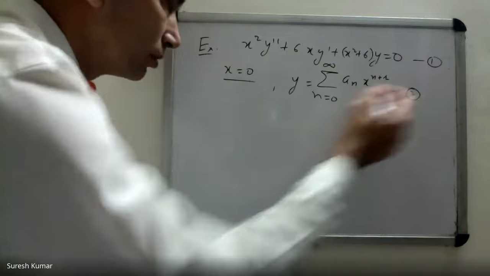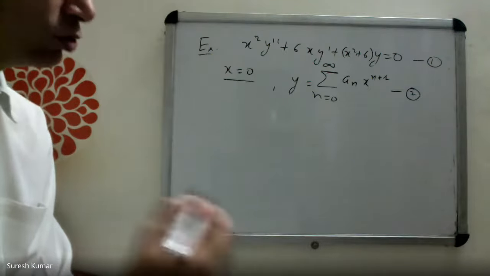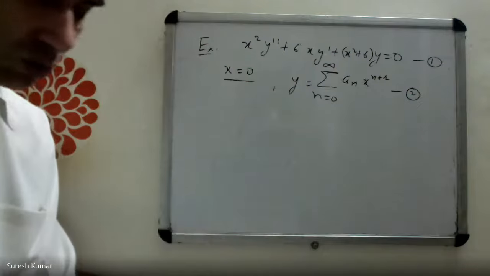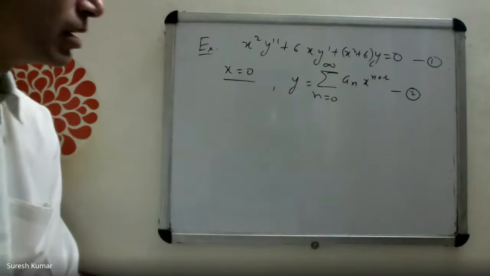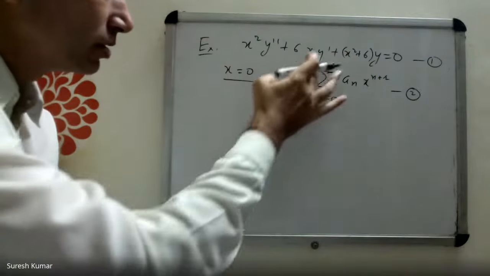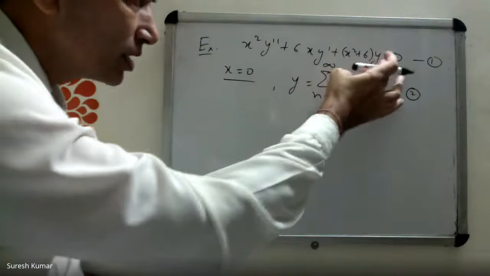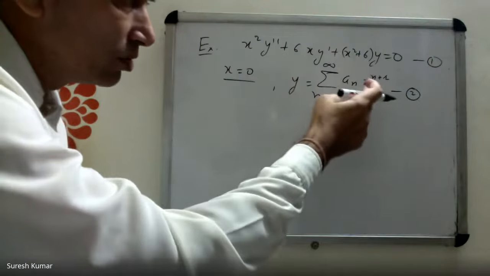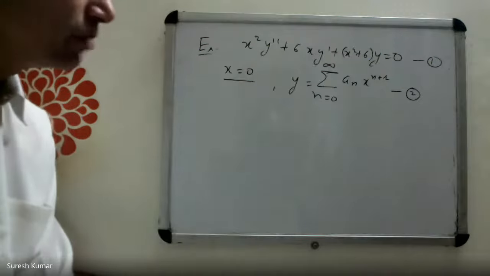Use 2 into 1. See what you get. Try to do that calculation directly. Substitution of this into this should be a single step. See, it is the second derivative multiplied by x square, so x power n plus r. The first derivative multiplied by x, again x power n plus r. 6 times y, x power n plus r. One extra term you will get with x power n plus r plus 2. So the 3 summations can be combined directly.